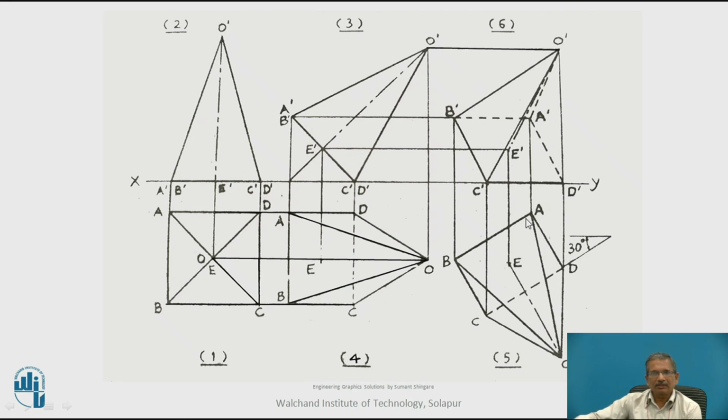These dimensions you have to reconstruct or redraw here and then project it upwards. So now you will get the related points, that is A dash, D dash, C dash and B dash. Okay. And then join these to apex O dash. But now if you observe, as the point A is away from the observer, the lines starting from point A will be dotted lines.